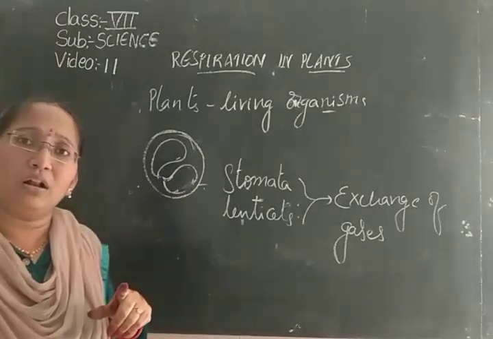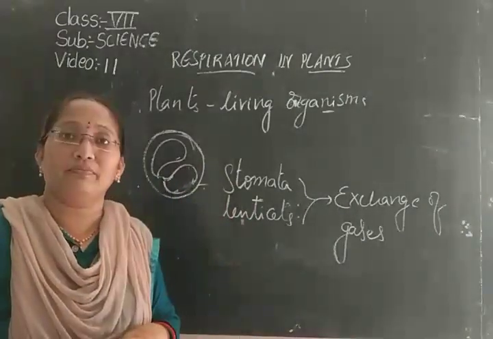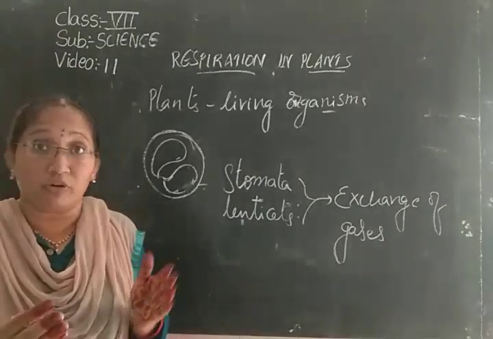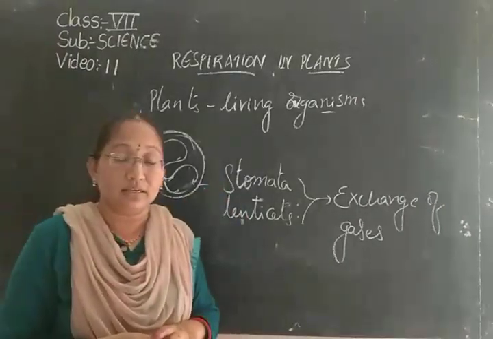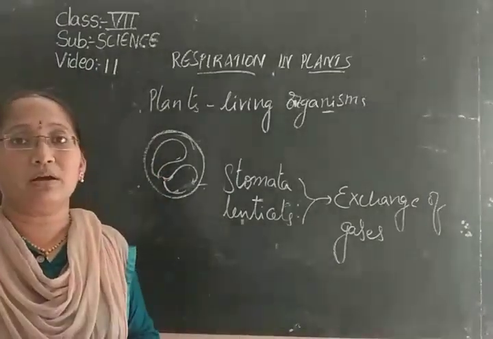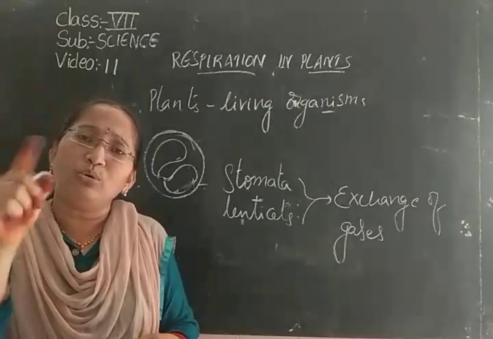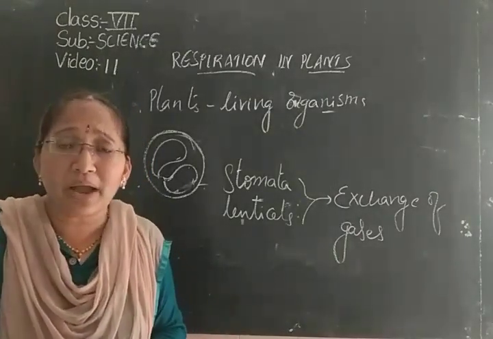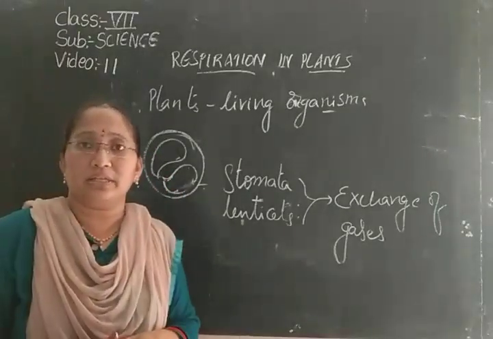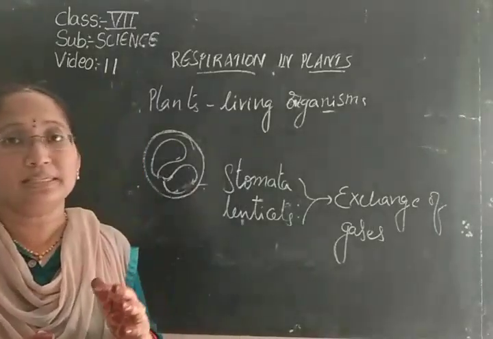First of all, what does a plant take and what does a plant give? Up to now, you have learned the process of photosynthesis in the first lesson. Plants have the habit of giving out oxygen and taking in carbon dioxide. But how do they respire? Respire means taking in oxygen and giving out carbon dioxide. It is somewhat different between plants and animals, isn't it?